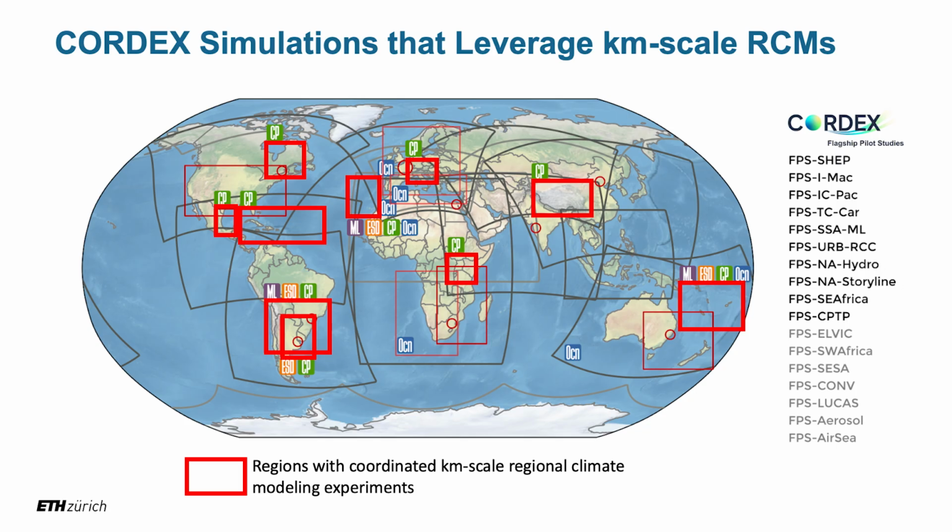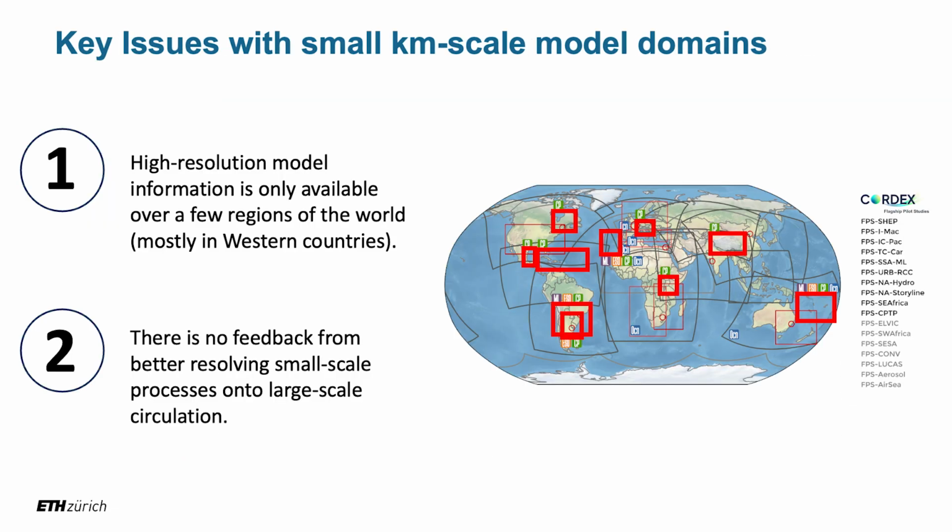This has two problems. The first one being, you can also see where the location of these boxes is. It's mostly in Western countries where we have a lot of resources, but it's often not in countries where you have the highest impacts of climate change, in the global south. And secondly, any benefit that you would get out of high-resolution modeling, like if you resolve the Alps much better, doesn't really propagate to any other region. It stays in this very limited area. So you really confine yourself.